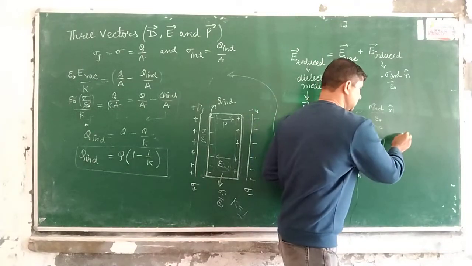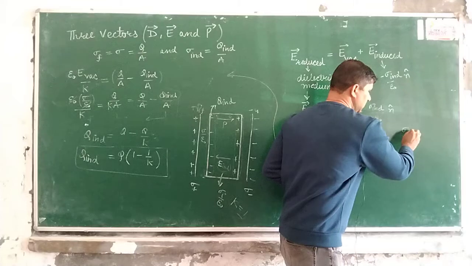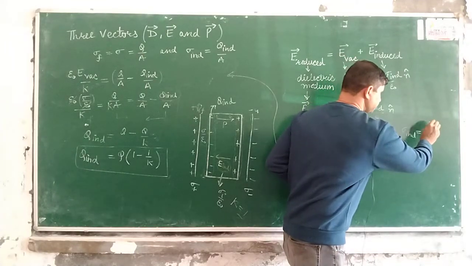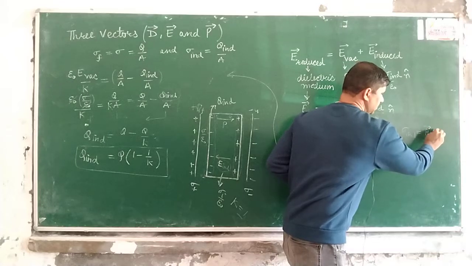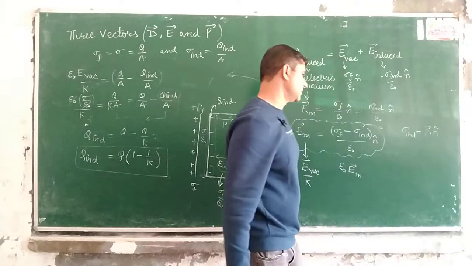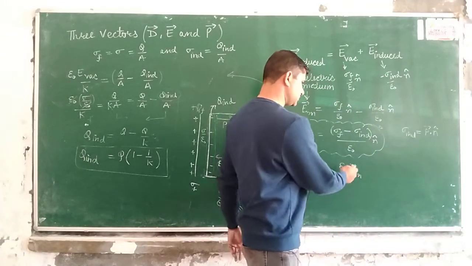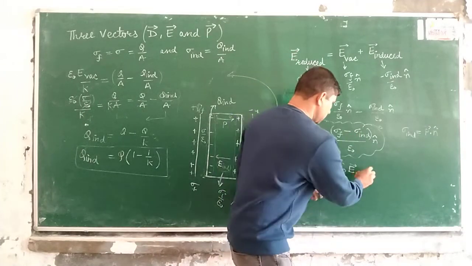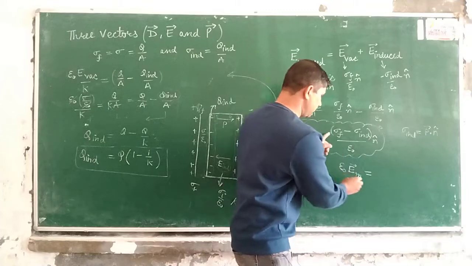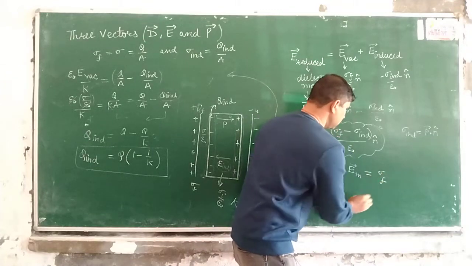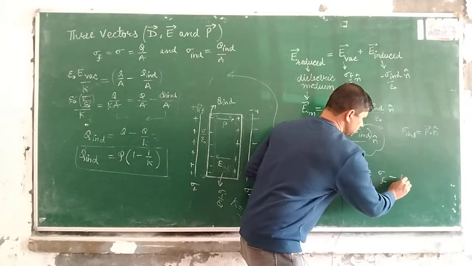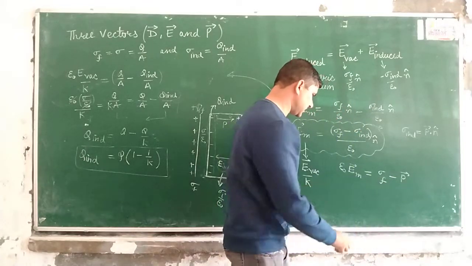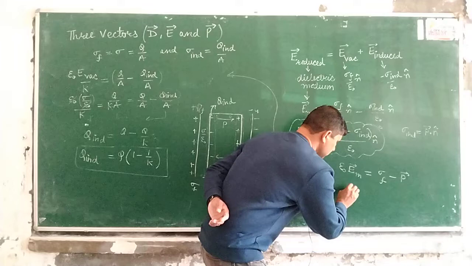I have told you, sigma induced is equal to vector P dot unit vector n. So if you substitute the value of P here, then you have sigma free minus vector P, and if you take vector P on this side,